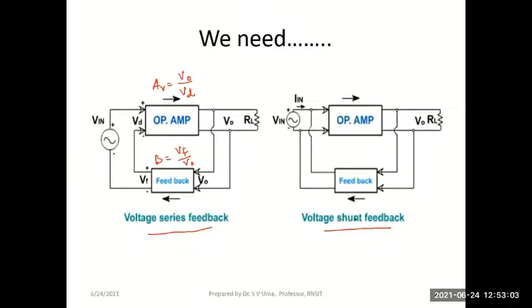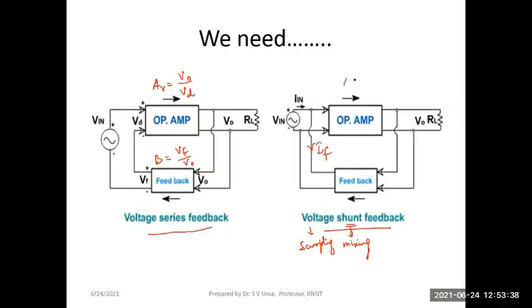Whereas in a voltage shunt feedback amplifier, the output signal is a voltage, whereas the input signal which we are interested in is the current, I in. And the feedback signal will also be a current. So the feedback network is connected in parallel to the input. We call it shunt mixing. So the mixing network is the shunt network, and the sampling network is also a shunt network. Since I have to sample a voltage, I should always make a shunt connection.